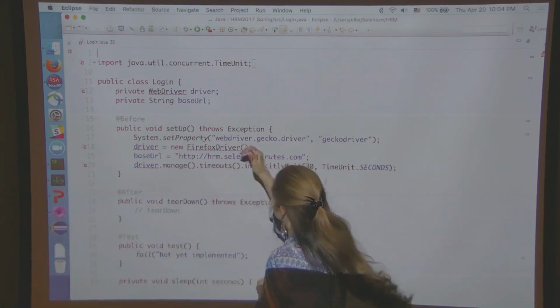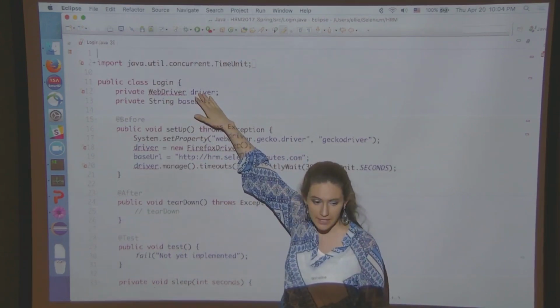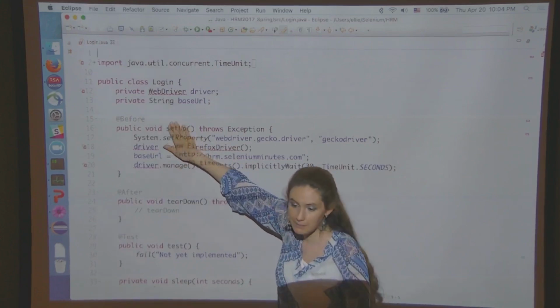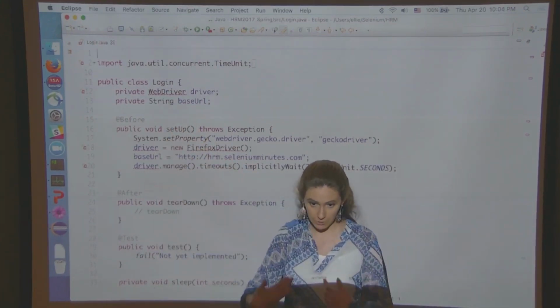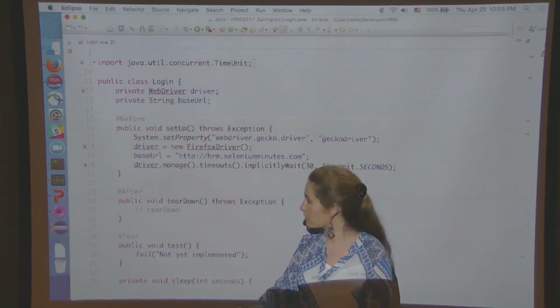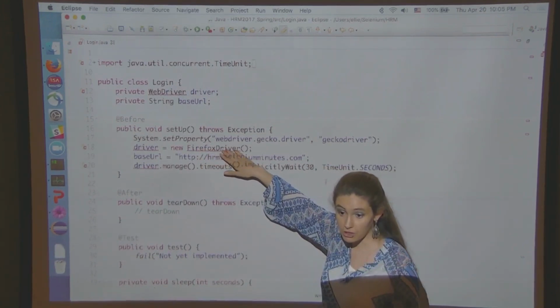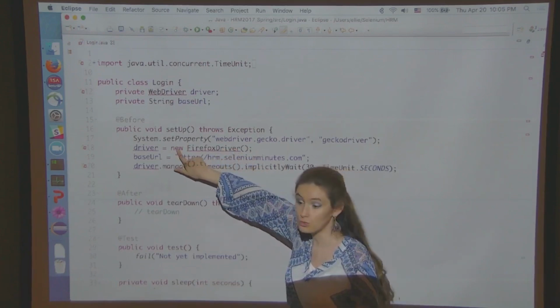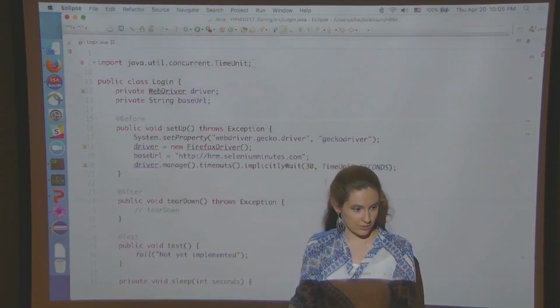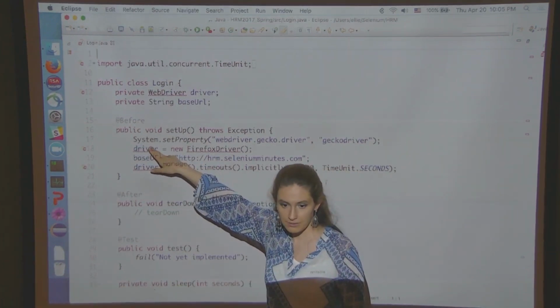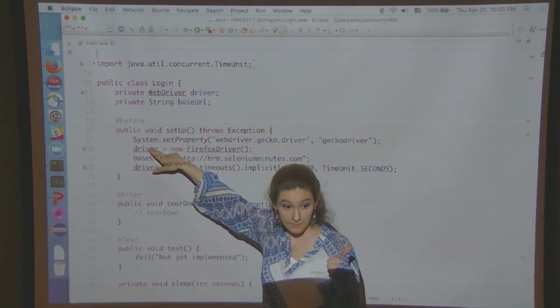So here, this is what we're doing. We are declaring a container, right? And then as part of setup, remember setup? Before the test runs, not part of the test, before the test runs, we are going to create a Firefox driver object. You see how it says new? We are going to get a new object, and we're going to stick it inside our container. So far so good? Easy peasy.